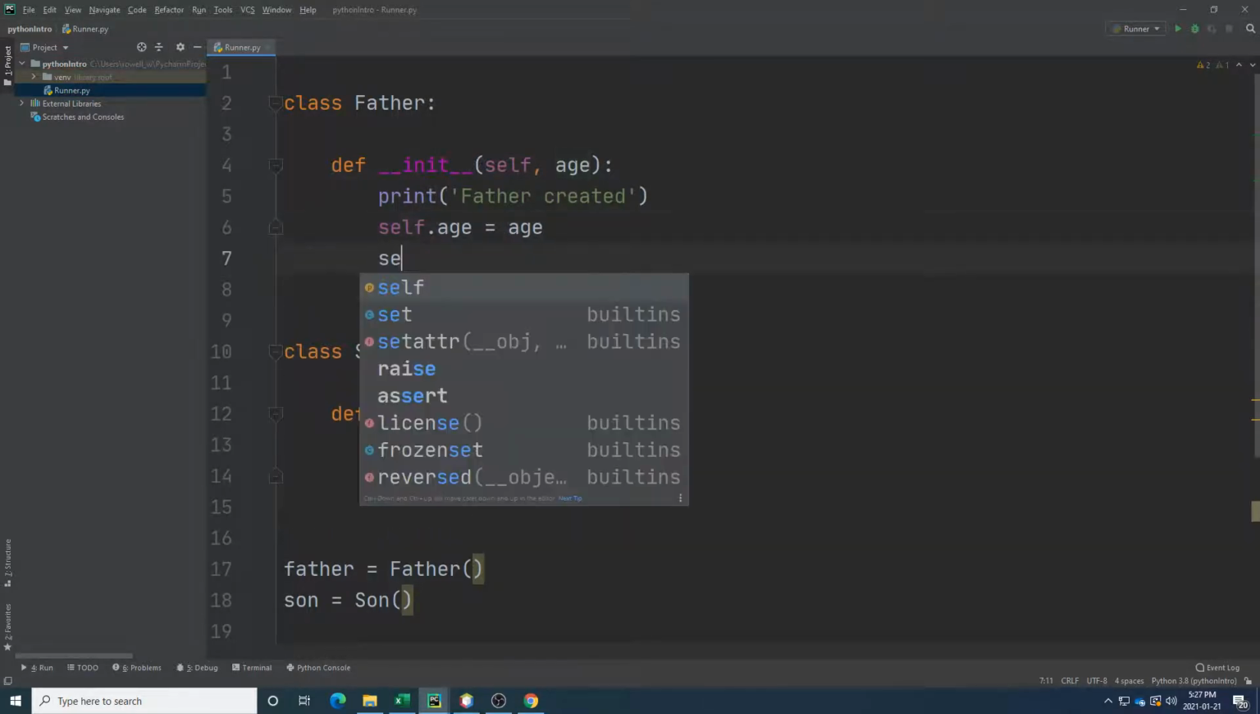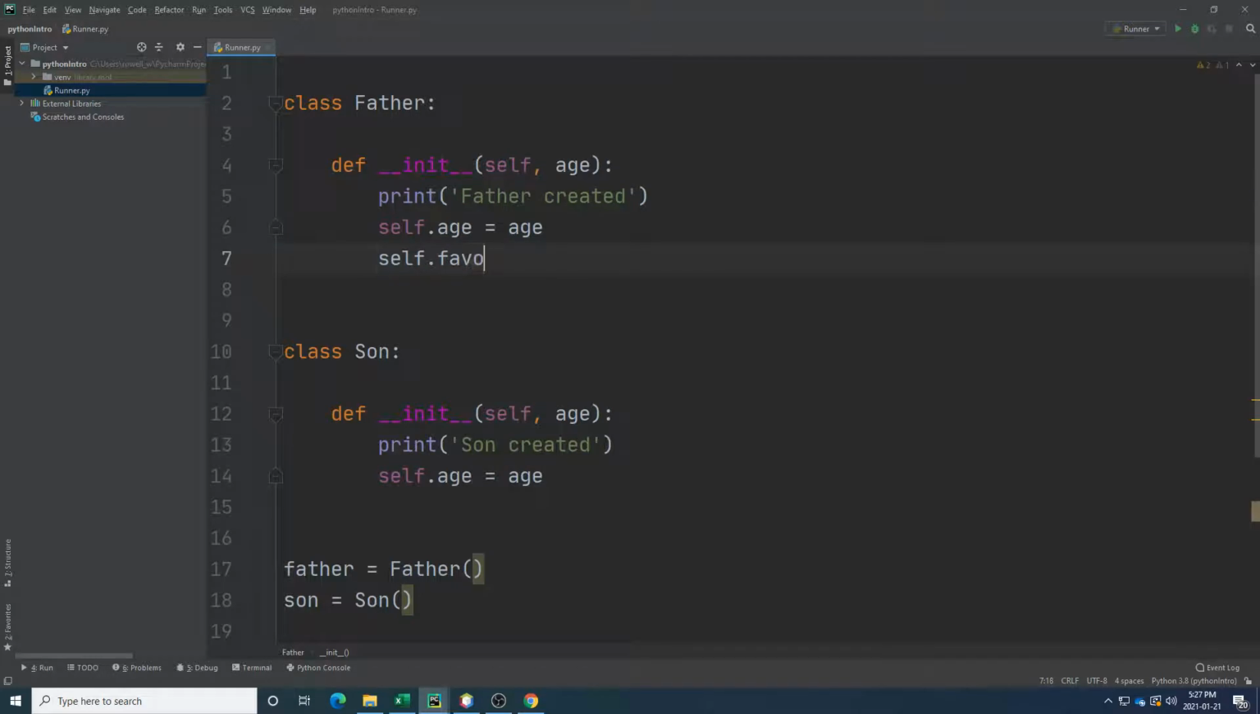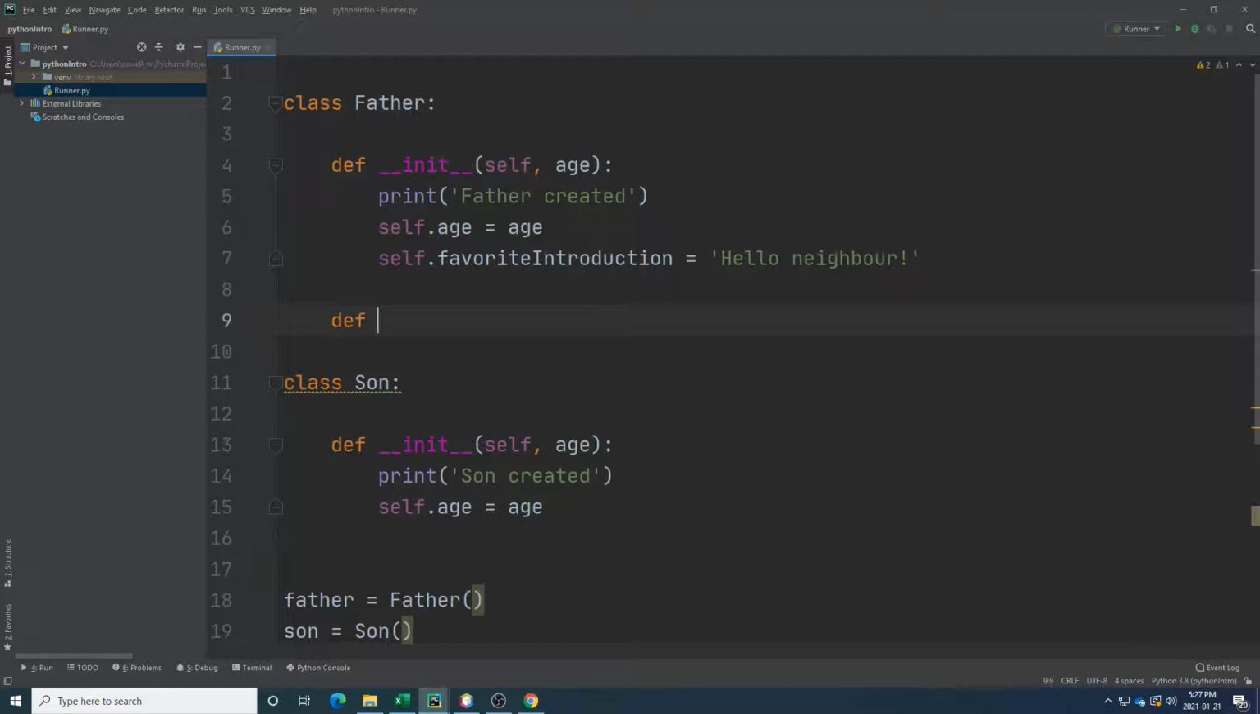But I also want to give the father a favorite introduction. And the favorite introduction is going to be, hello neighbour. Hello neighbour. We're in Canada, put a U in there. So hello neighbour, favorite introduction. So this is just always going to be the father's favorite phrase at the start, or favorite introductory phrase. So I'm going to allow it to also say fav phrase